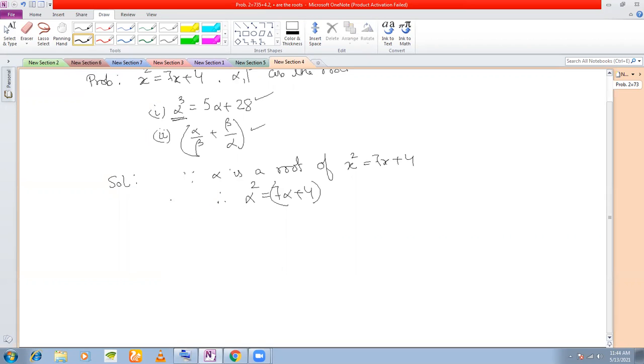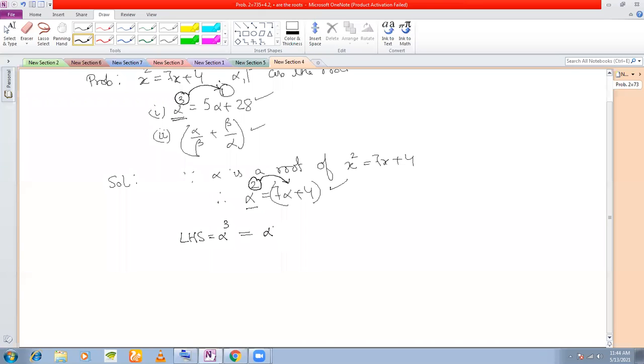That means we start from the left hand side. LHS is equal to alpha cube. Now see that we have a higher power of alpha here and we have a lower power. That means we want to move from a higher power to a lower power, right? So see that here I have an expression which relates a higher power to a lower power of alpha, isn't it? So we'll be using this expression.